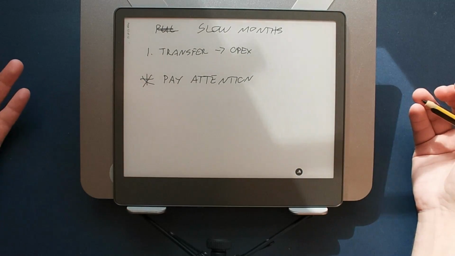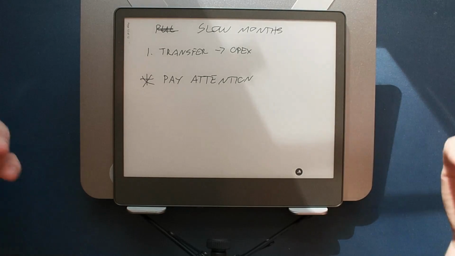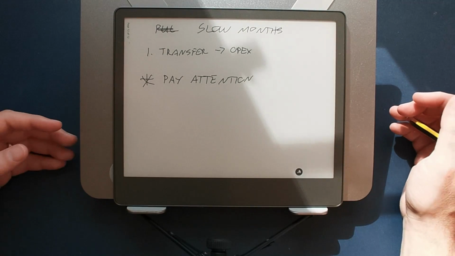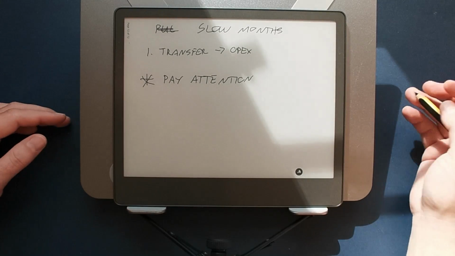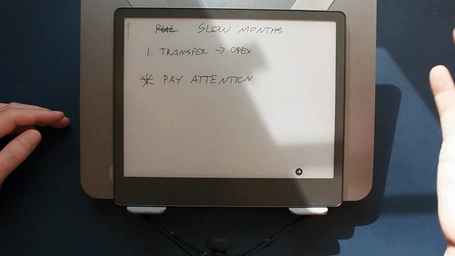Or are your sales fine, you just had extra expenses that you didn't expect. If that's the case, go investigate why. Maybe you chose to spend money that you weren't planning on spending, or maybe something drafted from your account that you didn't expect. So the whole point of this and the whole point of the Profit First system is